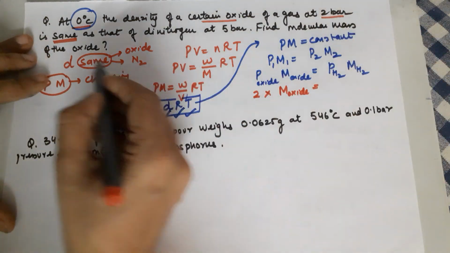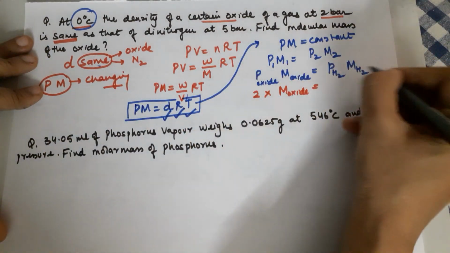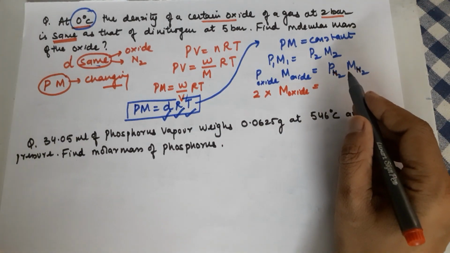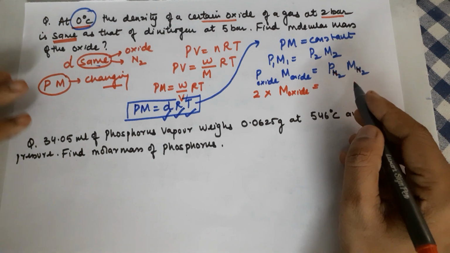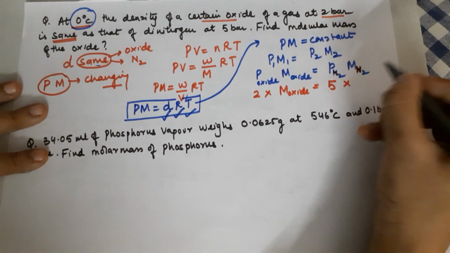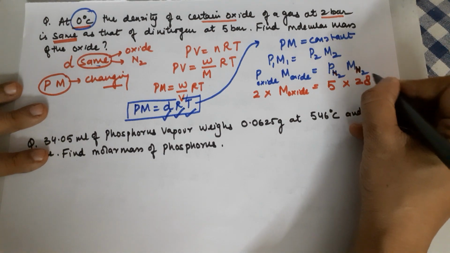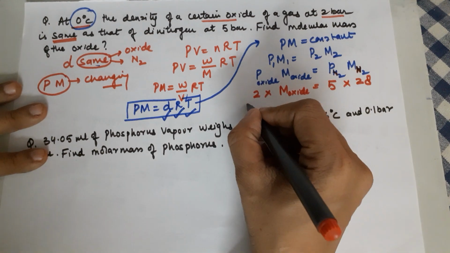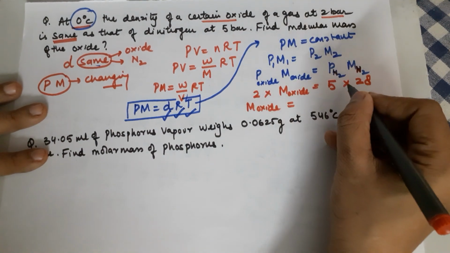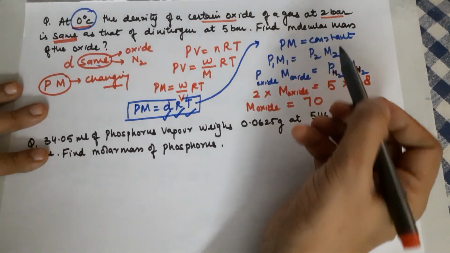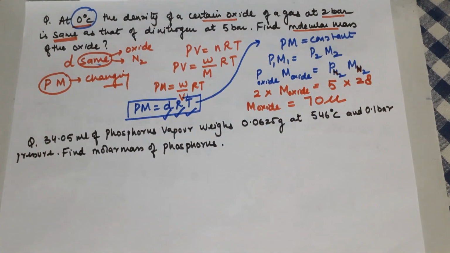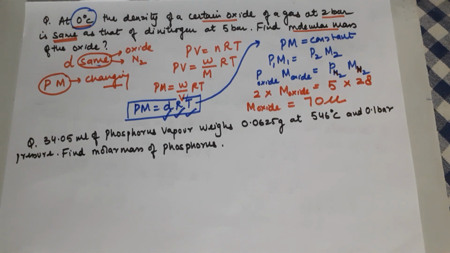The pressure of the hydrogen gas, is it given somewhere? Sorry, it's dinitrogen, I'm sorry. It was dinitrogen, doesn't matter to us much. So the pressure of the dinitrogen gas comes out to be how much? Given as 5. The molecular mass of dinitrogen, it won't be dihydrogen, the question is for dinitrogen, so it would be 28. Had it been dihydrogen, this would have been 2. So the molecular mass of the oxide comes out to be 5 into 28 divided by 2, which will come out to be 70. Since, again, as I said, molecular mass is asked, please report it as u. It is not molar mass, so you will report it as u.